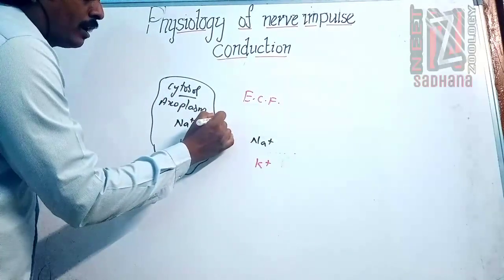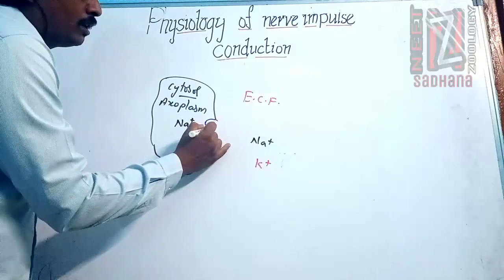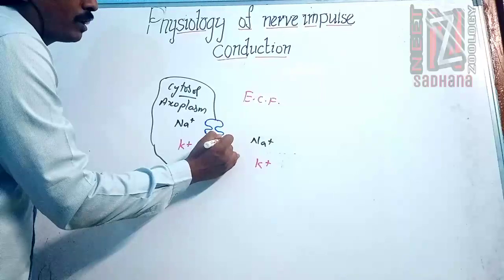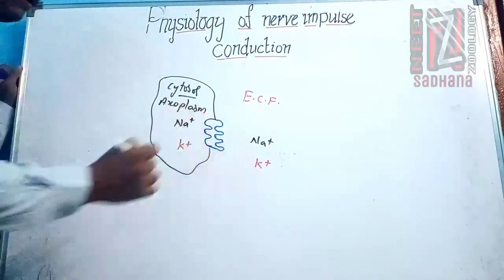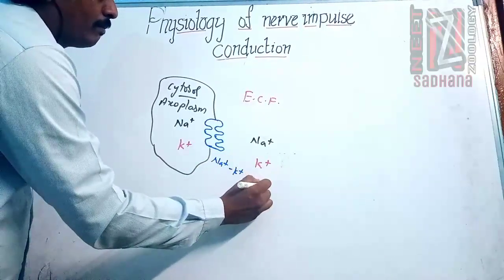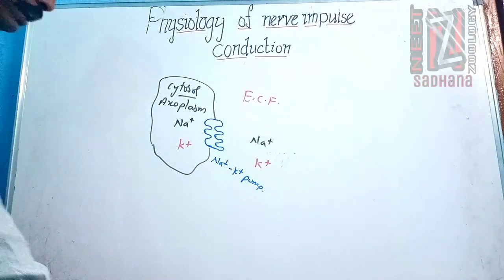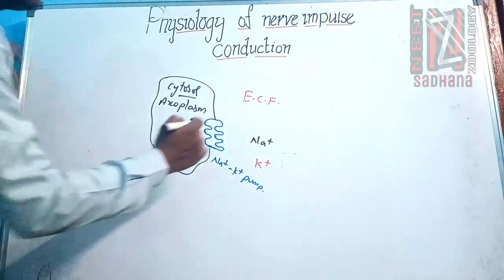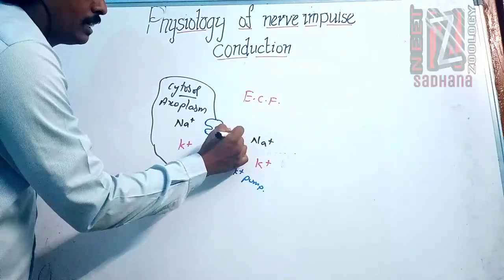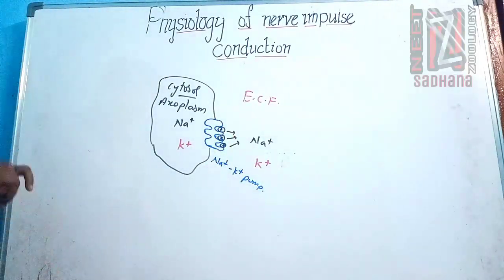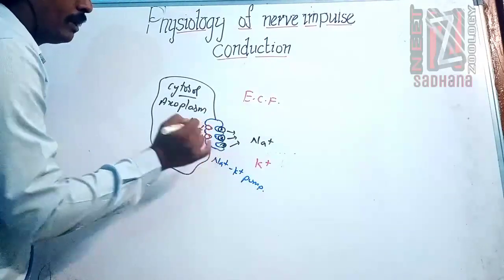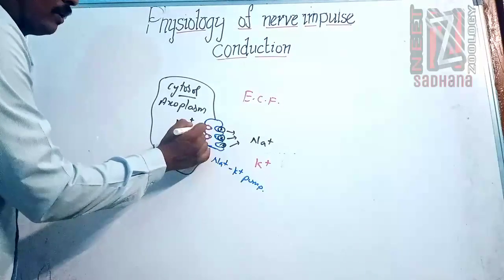So who is working here? The person who is working here is the sodium potassium pump. So this is the main working part of the cell, that is the sodium potassium pump. I'll write it here, sodium potassium pump. So what will this sodium potassium pump do? The sodium potassium pump can send out 3 sodium ions. So assume 3 sodium ions, they are sent out. In the same place, they can take 2 potassium ions in. So these are the potassium ions, the red colors are.